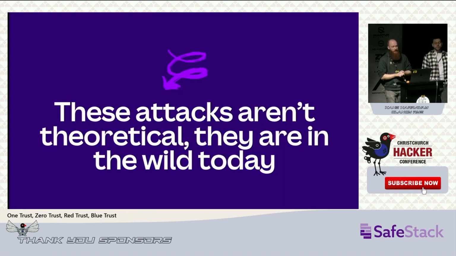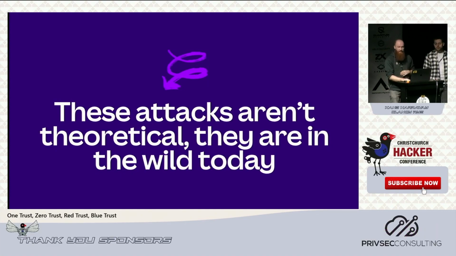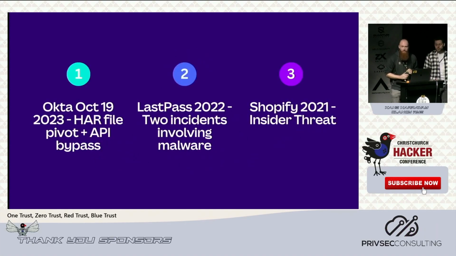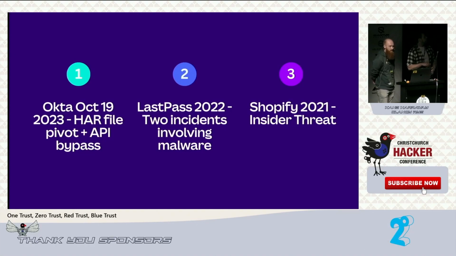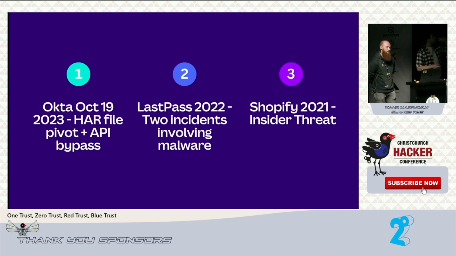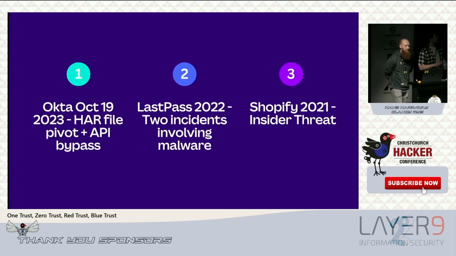So what Clancy talked about were not theoretical examples. All of these techniques have been used in the wild as well. And just to take you through a few examples here, I think the recent Okta breach is probably the best example where the attacker got access to credentials through a personal Google Chrome, and the passwords were synced to their personal account. They managed to get in and then get into a support portal for Okta, and they used HAR